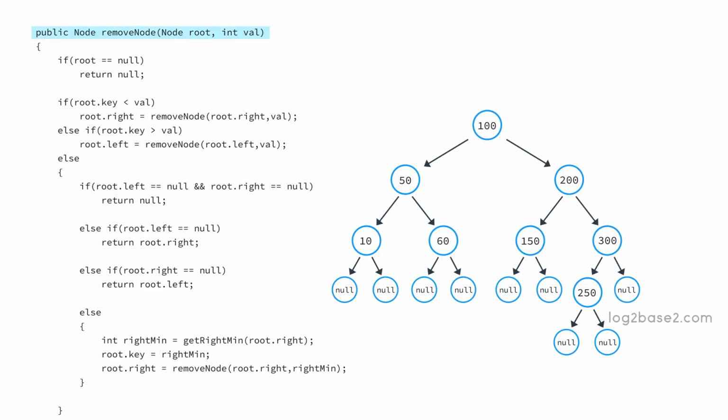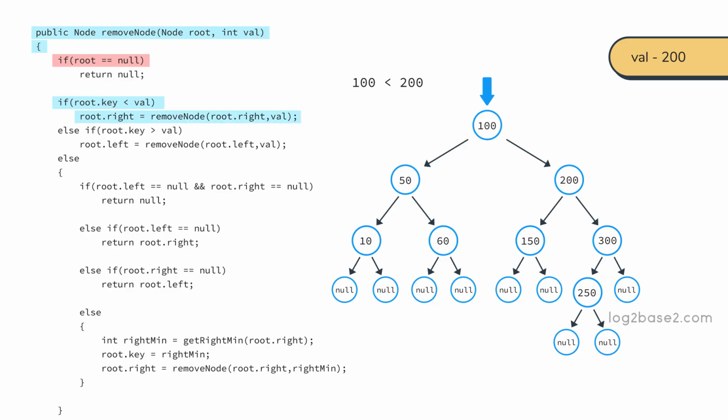Now let us delete another node. Let it be 200. So as we discussed, first we need to check if the tree is empty, but it is not. So check if root key is less than val, and 100 is less than 200. So 200 can be present in the right subtree only. So call removeNode by passing its right subtree and the value. So removeNode is called again by passing node 200, which is the root of the right subtree, and the value